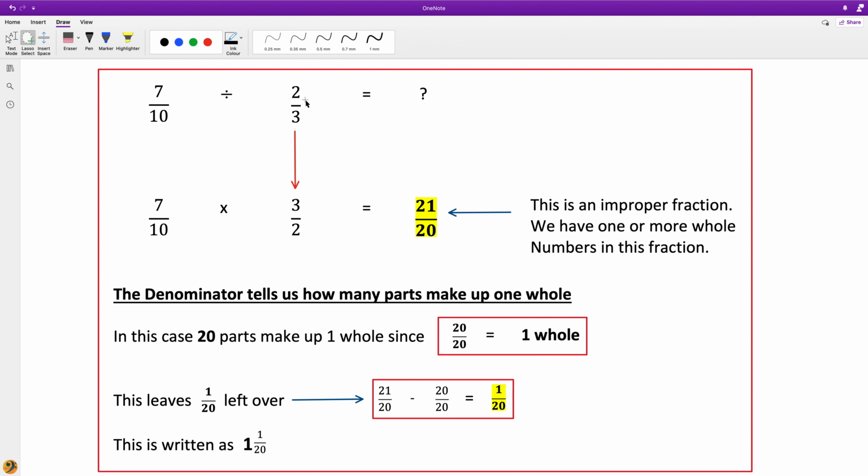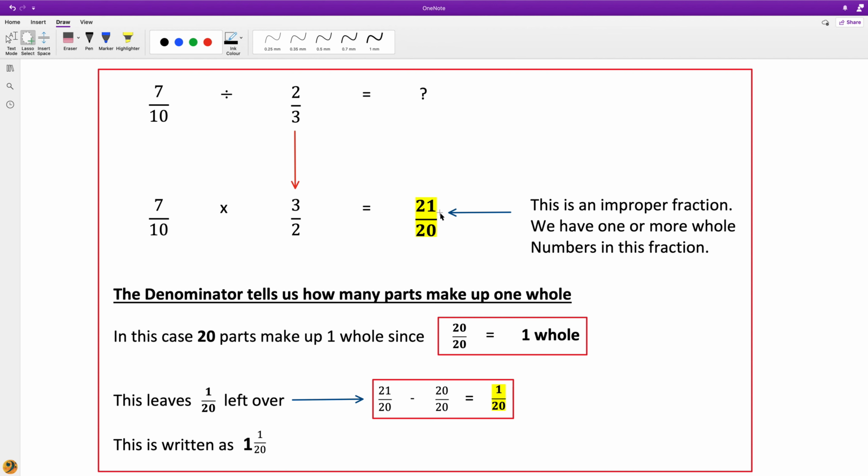Like we have up here, this 2/3 is a proper fraction. The numerator is less than the denominator, and this is less than 1. The improper fraction as our answer here is 21 over 20, which is greater than 1. To express an improper fraction as a mixed number,